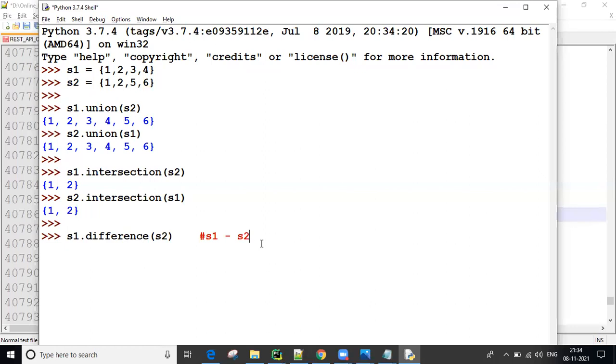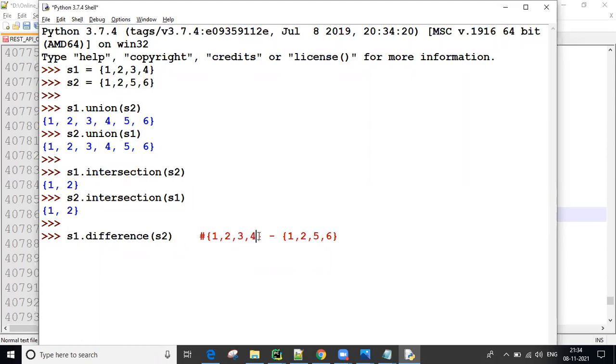S1 is 1, 2, 3, 4. Minus S2, which is 1, 2, 5, 6. Now observe: 1, 1 cancel. Next, 2, 2 cancel. Remaining are 3, 4. That's all. 3, 4 is the output.